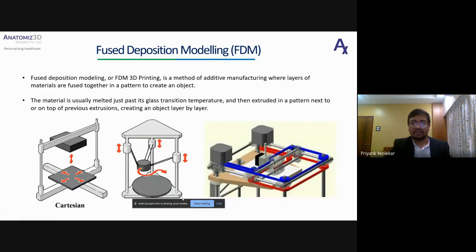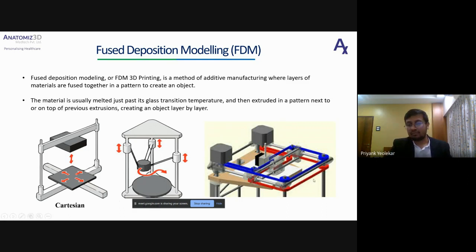So delta printers are not that famous when it comes to FDM printers, but yes, they are there. And the main advantage of delta printers is you can have a very big Z axis. So if you are making a part which is very long with respect to height, you can use a delta